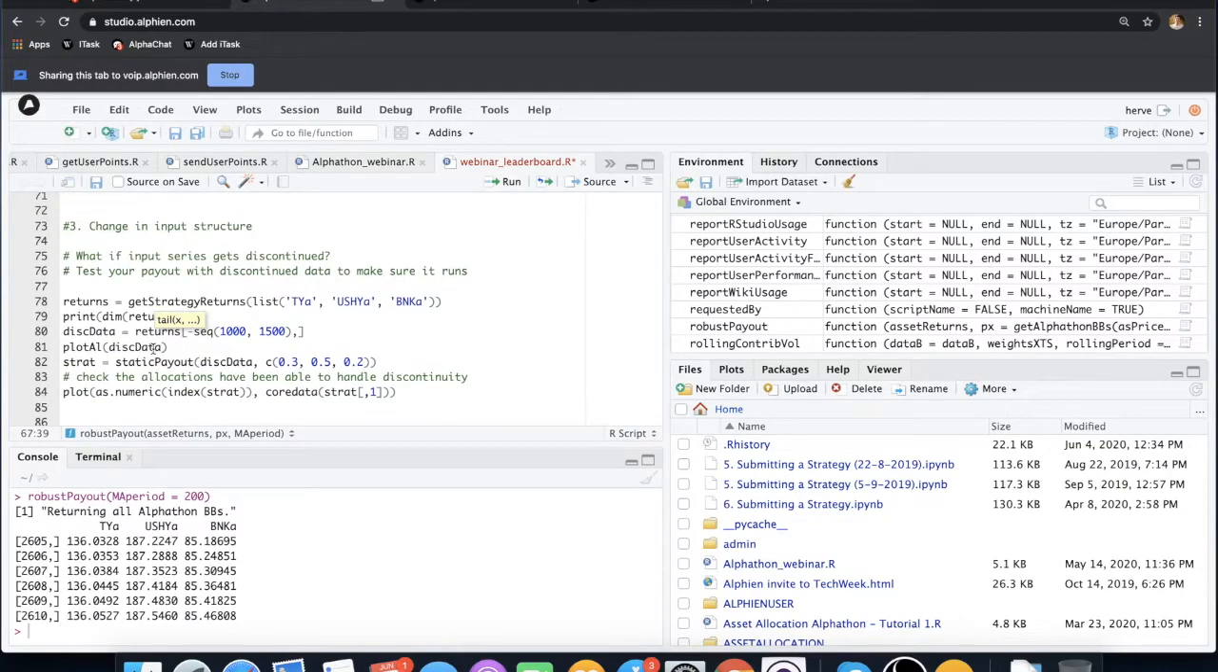I was referring also to a third problem, which could be that your payout is very specific to the series that it receives. However, it doesn't need to be. It's even more general if you don't use a specific series. Here, what I've done to illustrate that is to make sure that your payout can handle discontinuity